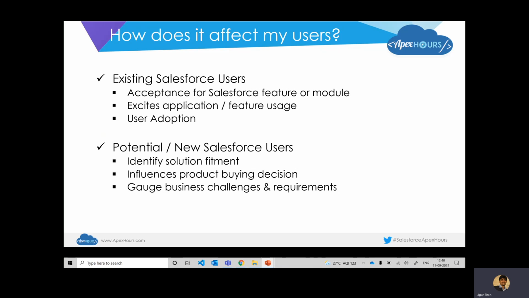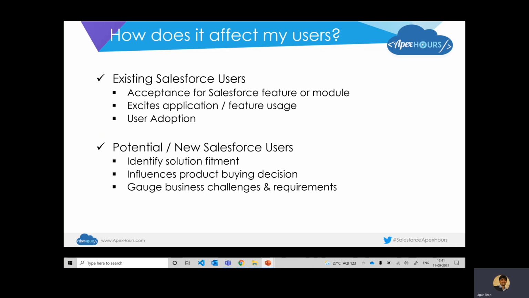One of the buckets is basically the existing users. Now, these are users who've been using Salesforce for quite some time. They are aware of Salesforce, right? But there is a lot of innovation happening within your Salesforce org, and as a result you go out and demonstrate features and solutions to these users. These are often business stakeholders or internal stakeholders, as you call them in an organization, and often these are direct users of the system, right?